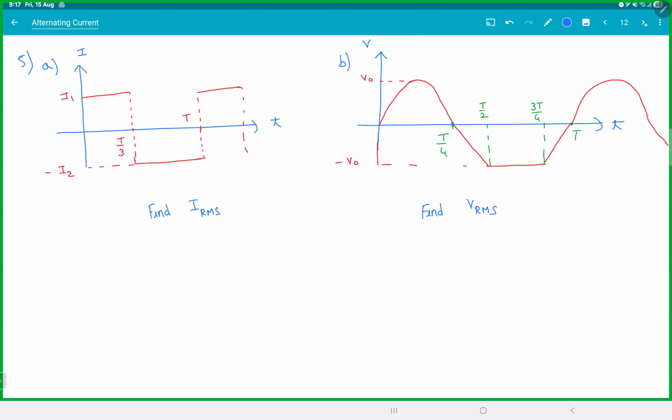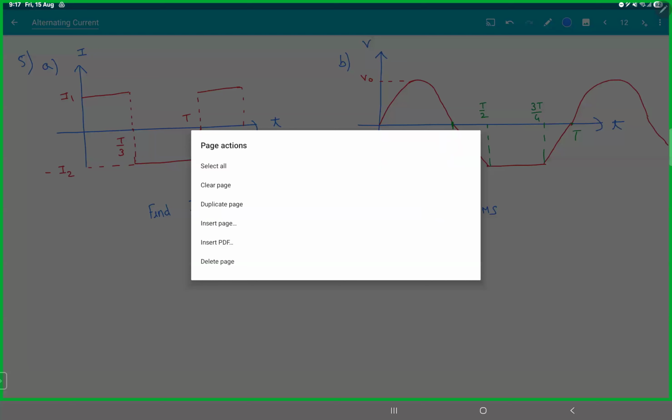How do you handle this, right, Poroja? Again, go back to the whole story of RMS. Don't get too stuck in the mathematical equation. What is RMS? The heat produced must be the same. So if that was the thing,